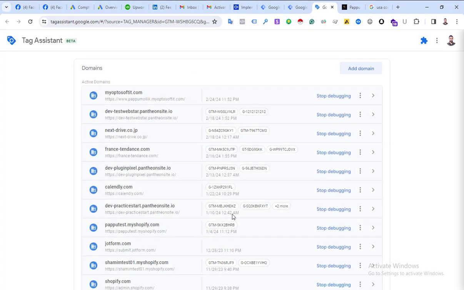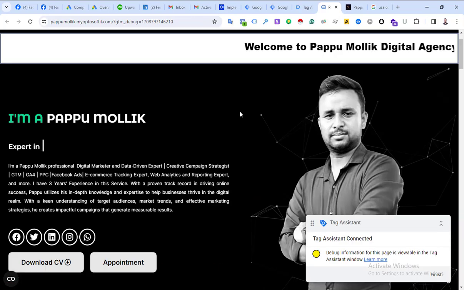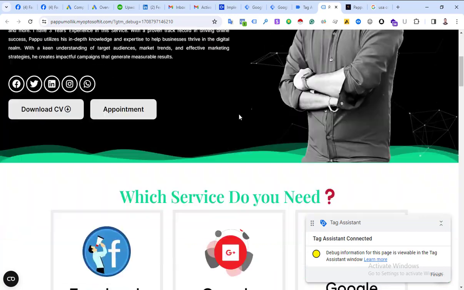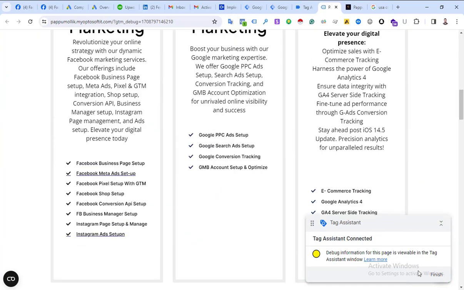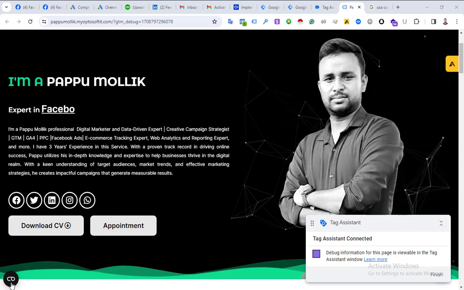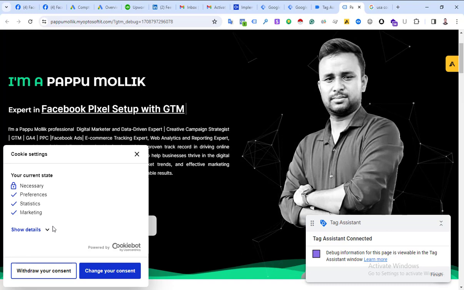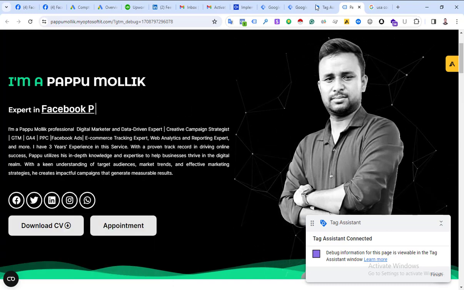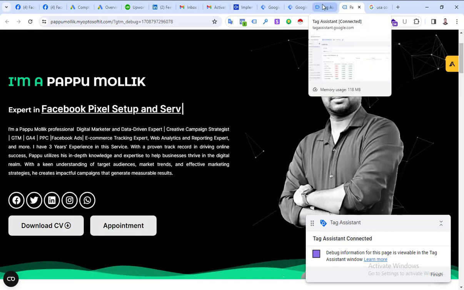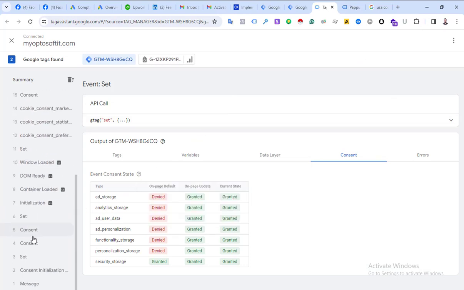Then connect. And when any audience, customer or visitor visits my site, you can see my cookie banner is properly active because my cookie privacy is already visible. Then if you want, you can go back to my Google Tag Assistant account. Then you can see when it is set